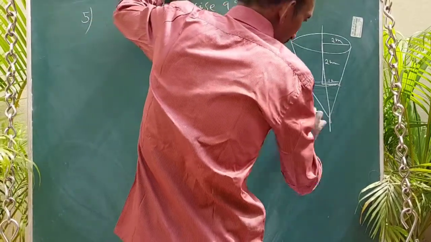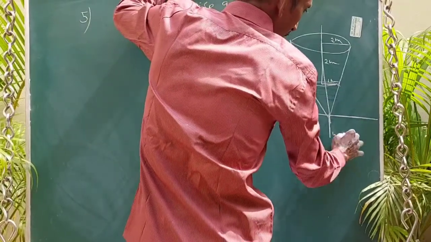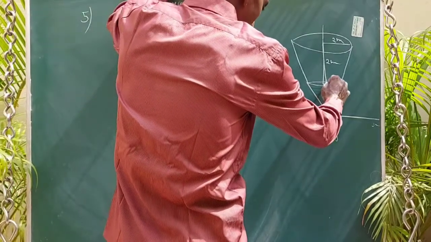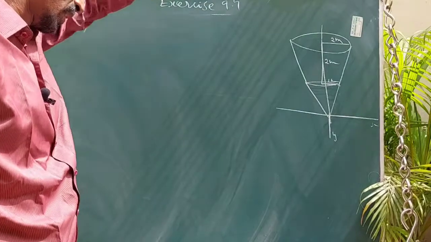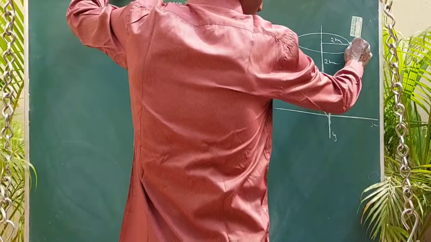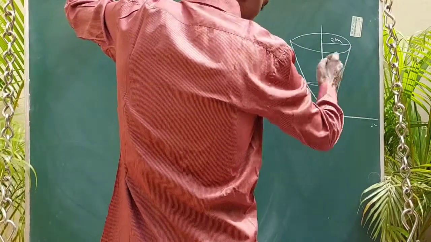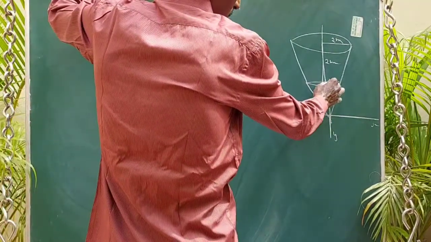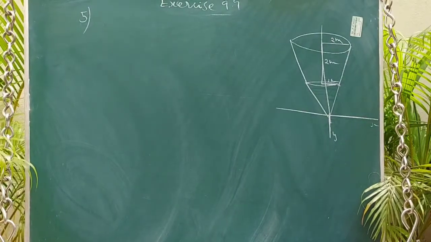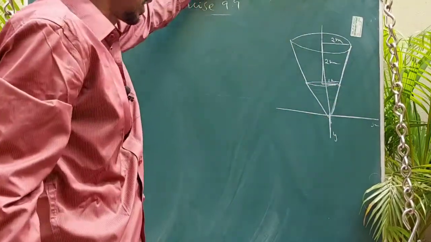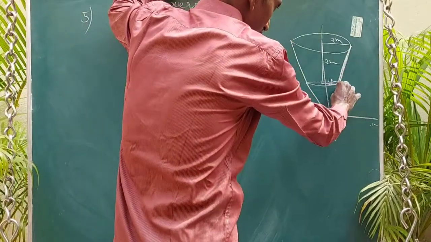Imagine this is the y axis and this is the x axis. Look at what is given here: it is 1. We need to find the equation of the line joining these points. To get the cone, we need to rotate the equation of this line with respect to the y axis. So our aim is to find the equation of this line.